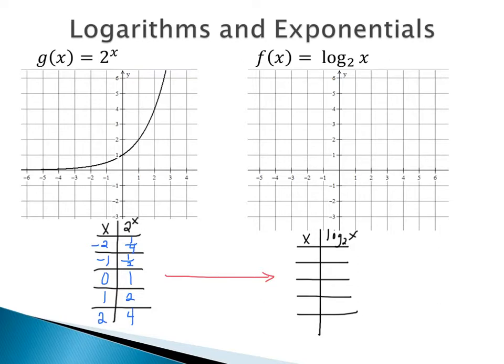So, whereas for g of x equals 2 to the x, I had the first ordered pair as -2, 1/4, for log base 2 of x, our first ordered pair would be flipped around. So we would have 1/4 and then -2. So no real work. We did all of the work before when we were finding the 2 to the x. Same thing, -1, 1/2. Well, the inverse of that for your log base 2 of x would just be 1/2 and then -1. 0, 1 would become 1, 0. 1, 2 would become 2, 1, and then 2, 4 would become 4, 2.